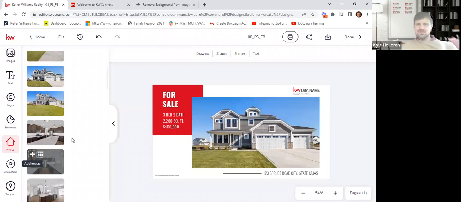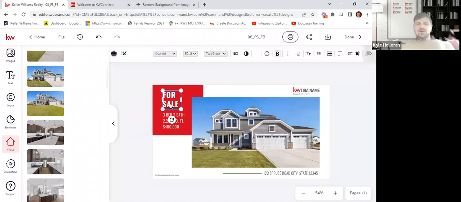Good question. Now text, guys, you just click on the text box. And when you click on the text box here, notice all the editing tools just popped up right above the graphic. So I can change the text, the font, the style, bold, center, alignment, anything you can do in a text format, you can do here.